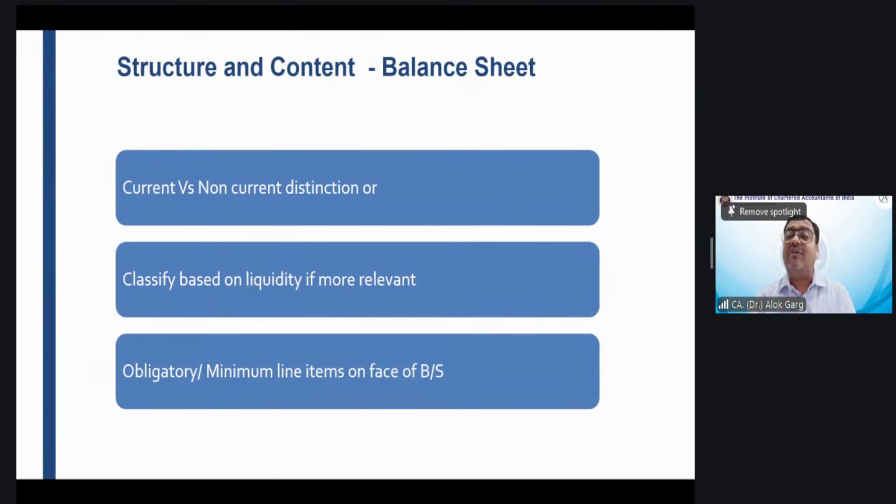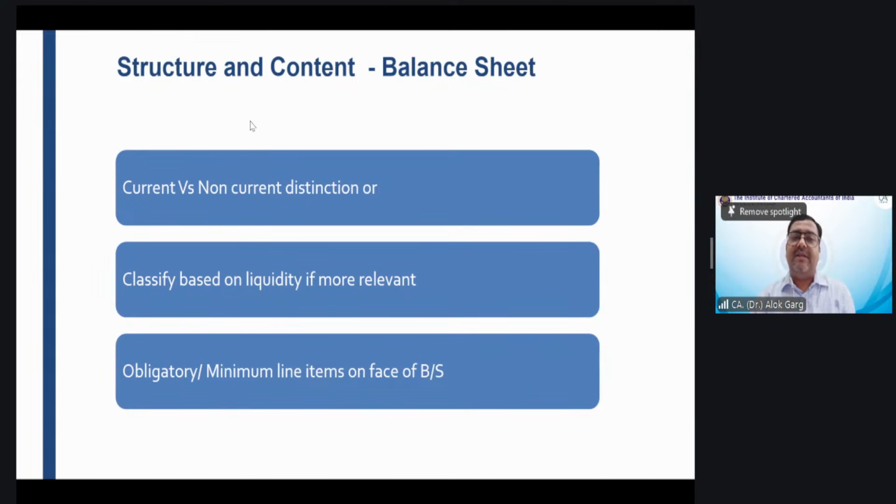Okay. And the third balance sheet is also given. The third balance sheet is part of the balance sheet. It is not a separate component. Okay. So the third balance sheet concept comes when there is a change in the accounting policy which has to be applied retrospectively, and when there is a correction of prior period errors also. Okay.